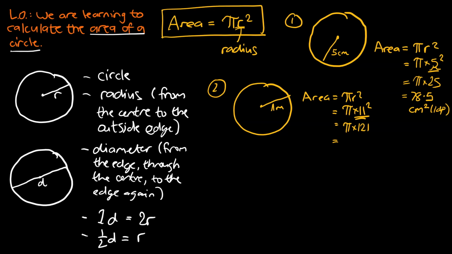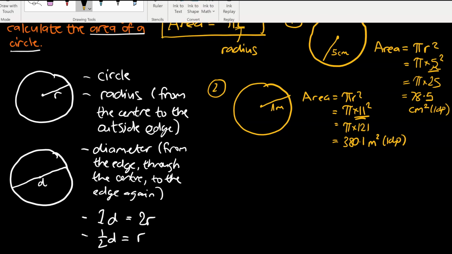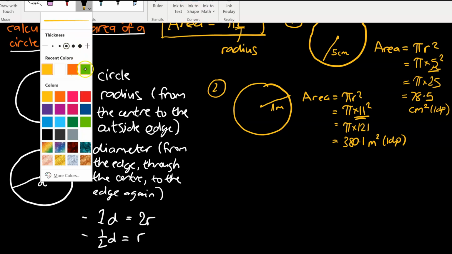And when we do that, that gets us to 380.1. And in this case, our units is meters, so it's going to be meters squared. And that there was rounded to 1 decimal point. So I'm going to change pen colors now, just because we're going to look at a slightly different kind of